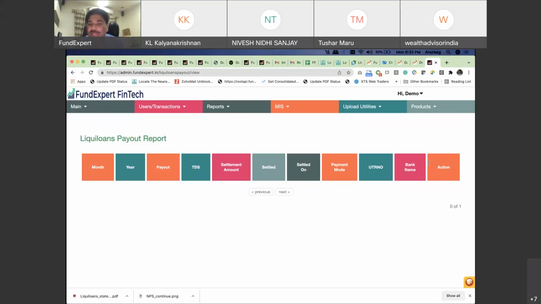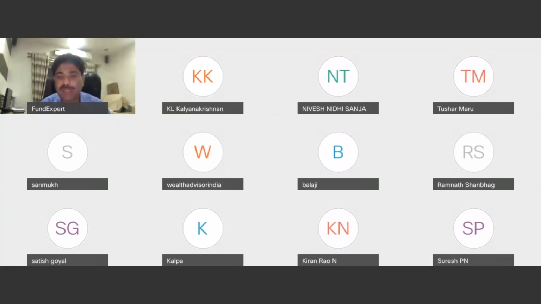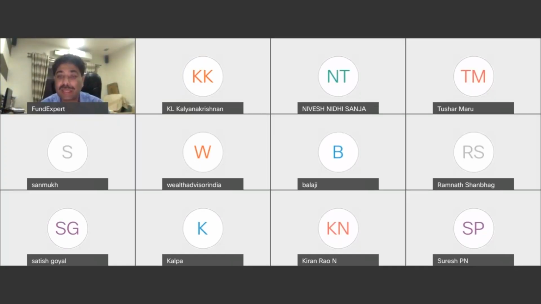It can be deposited in any IDBI bank. The email going out I have also explained. And Mr. Satish, like I said, they are already providing the latest update on their monthly performance. We will start sending it to all those IFAs who are doing liquid loans, so that this information will come to you. Fine, Mr. Satish. So with this, I've explained all the features inside the panel, what all you have and what all you can use.